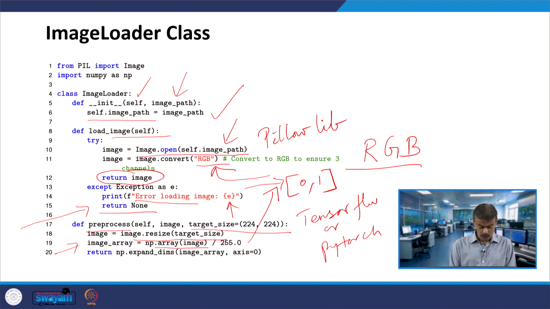And then finally, you have numpy invoking expand_dims, with image_array and axis equal to 0.